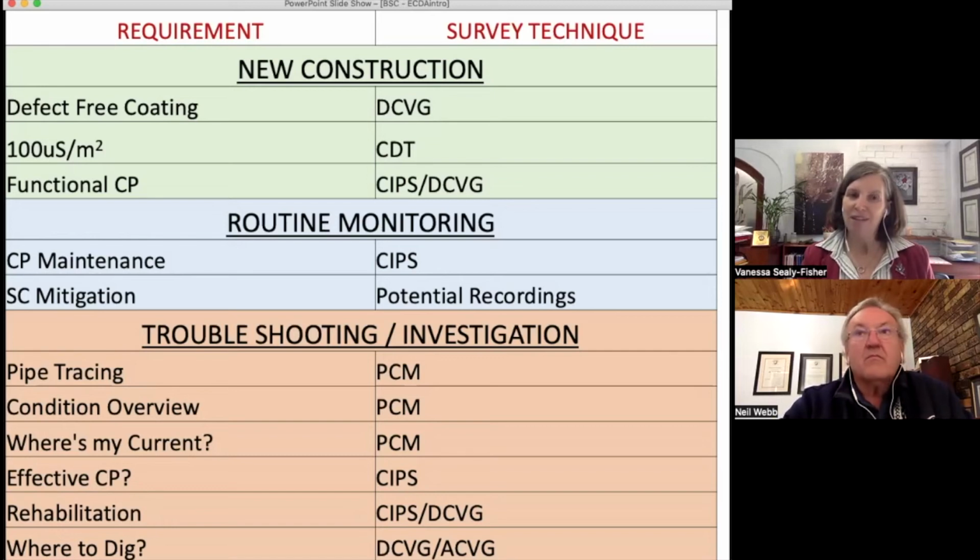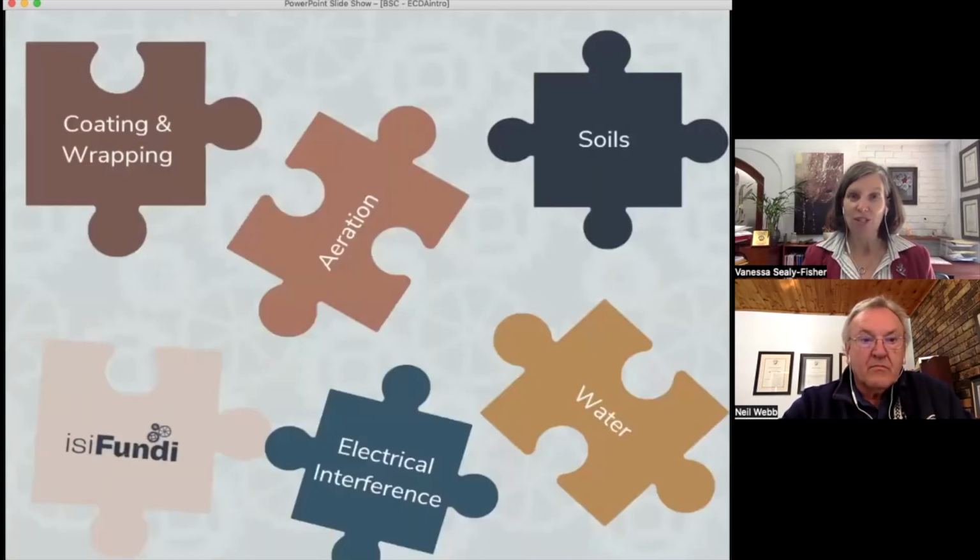Now, Neil, if we are looking at the external of a pipe, I feel like we've just got a whole jigsaw of information that we need to consider. We've got our soils and our water, and in fact, they're all on this slide. What about the aeration of our soil, the condition of our coating and wrapping? All of those surely must play a role. Well, yes, absolutely. And we evaluate these situations in order to predict where one would expect to get external corrosion,